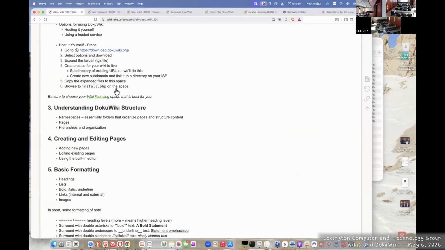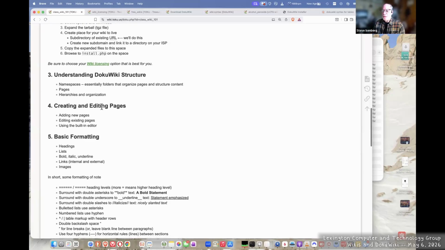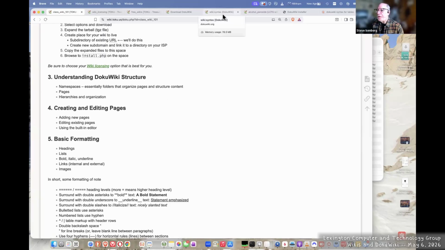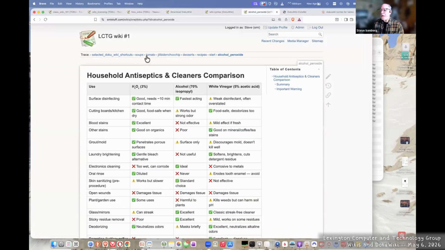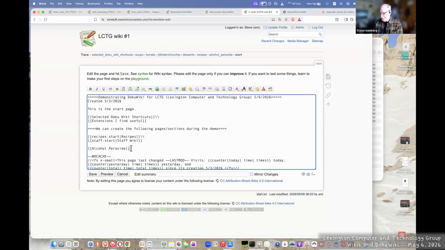Any other questions? Back over here, there's namespaces. I just discovered namespaces when I was putting this presentation together. That's where you have recipes : soups : one, which is handy. I use it for when I'm handling pictures and files for different groups. I showed you about creating and editing a page. If we wanted to go over here to the alcohol peroxide page, if we go to start, and we wanted to add a new page, we just edit this here, and we want to put a